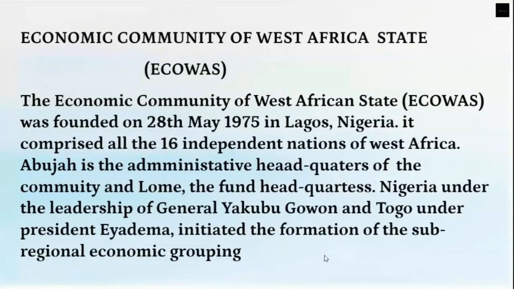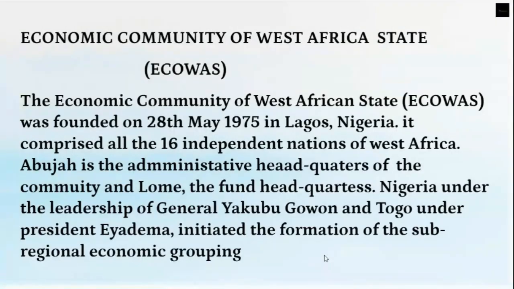We have Nigeria, Ghana, Gambia, Sierra Leone, Liberia. You can even divide it into the English-speaking countries, which are the Anglophone countries, and the Senegal, like that. And we have different countries coming together under what they are under, ECOWAS. So take note of this key point. ECOWAS was founded on 28th May 1975 in Lagos, Nigeria. So Abuja is what? The headquarters.